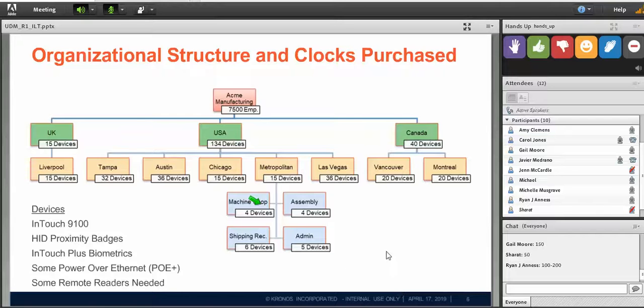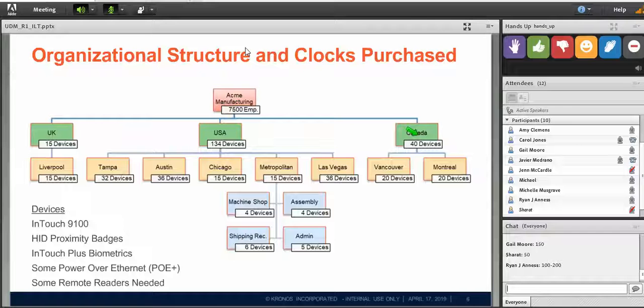This way I only have to build one building block for my same. All the clocks are going to be the same. So we think about that when we start going in. Or I might say, I'm going to have different profiles for my languages. I'm going to have a different profile for my UK, my US, and my Canada. So now I'm going to have three building blocks for languages, three language building blocks that I'm going to have